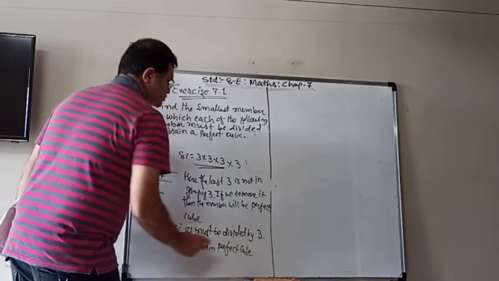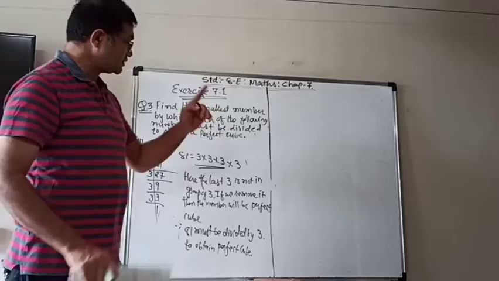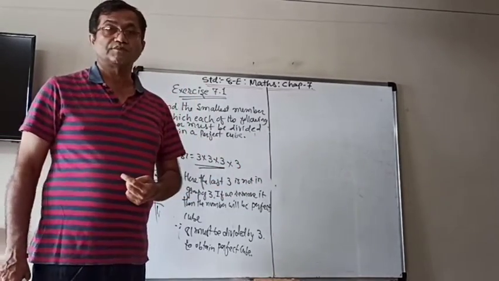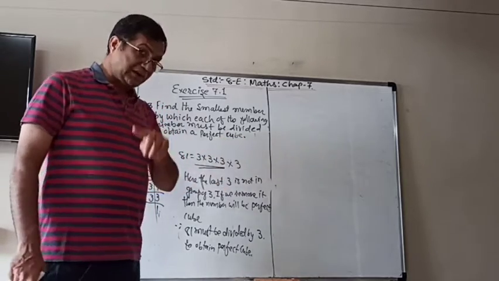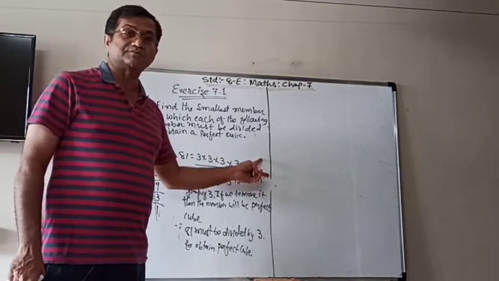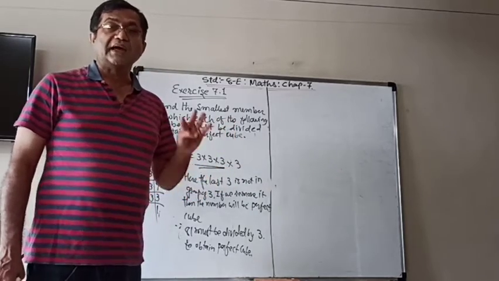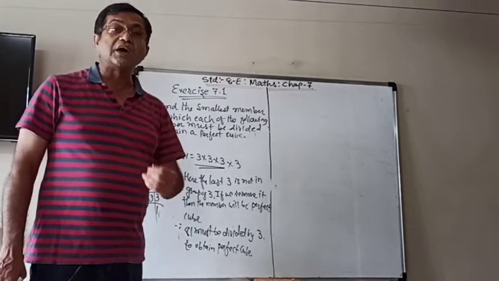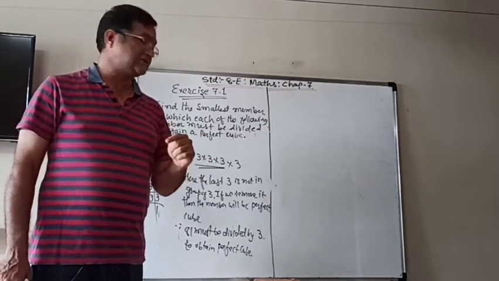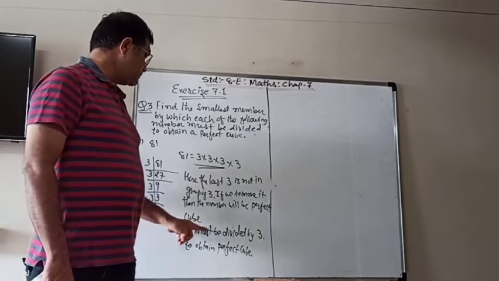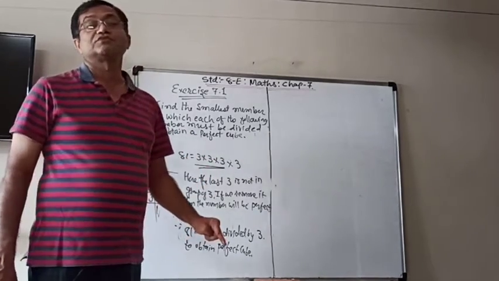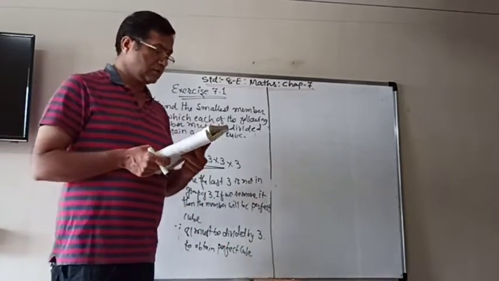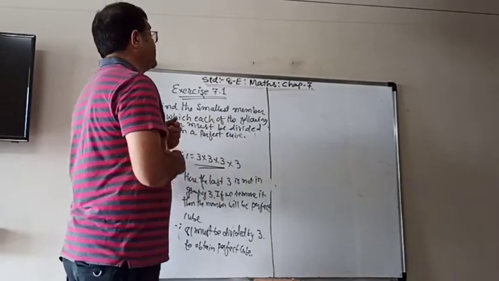So the difference is that in the multiplication there were 2 times 3 and we needed one more. Here if we had to multiply, then we would need more 3s, but we have to divide here, and therefore it is easier to remove that 3. It means you have to divide that number by 3. So we have done 81 must be divided by 3 to obtain a perfect cube. Let's take another bigger number. The last one is a big number, 704.